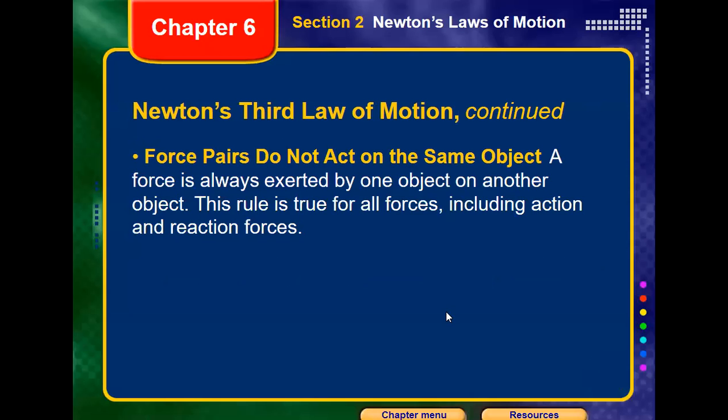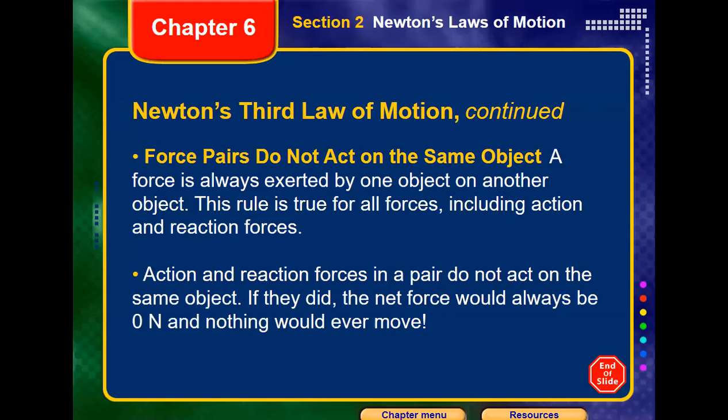So here we said that forces work in pairs but do not act on the same object. A force is always exerted by one object on another object. This rule is true for all forces, including action and reaction forces, okay? That means action and reaction forces in a pair do not act on the same object, because if they act